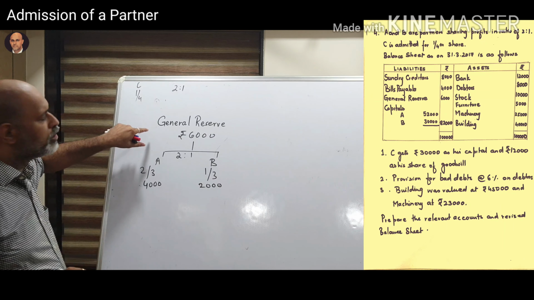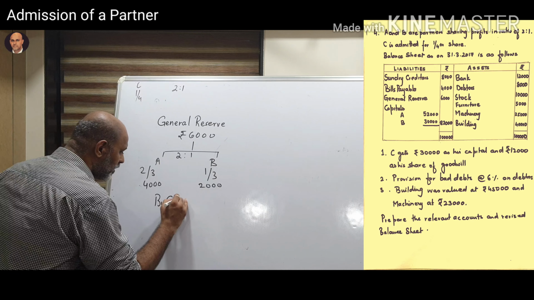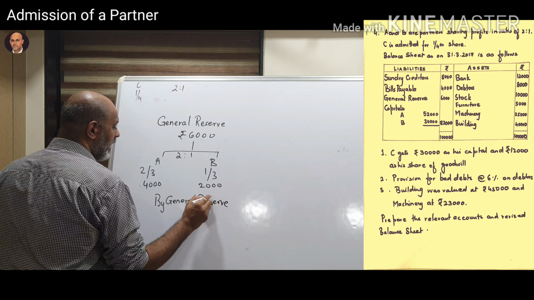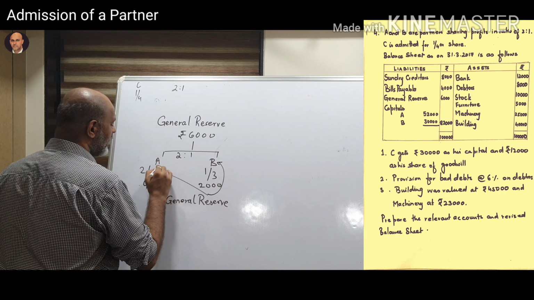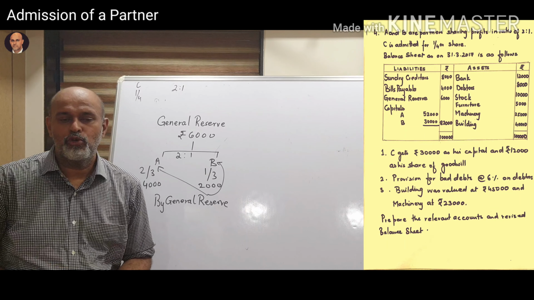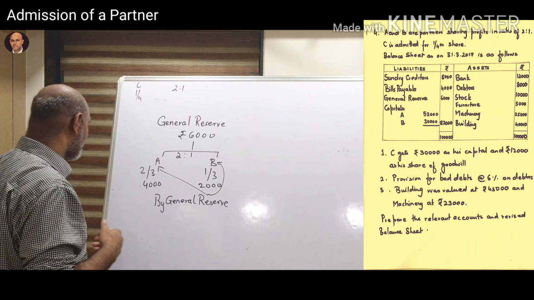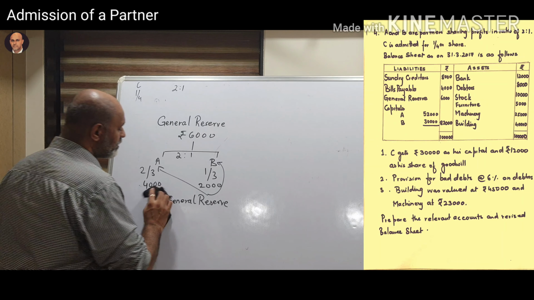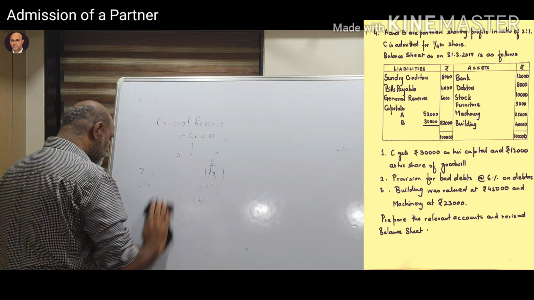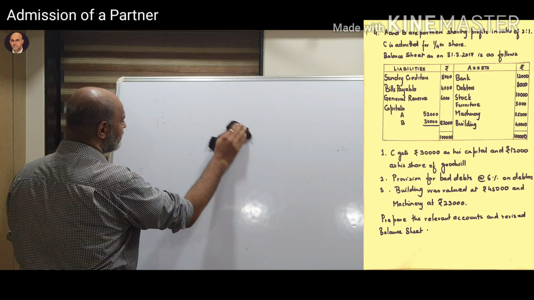Now, this you shall put on the credit side of your partner's capital account as by general reserve, and it will go to the columns of A and B, respectively 4,000 and 2,000. So whatever we had to pick, cut and paste from the balance sheet, that is over. Now we shall have a look at the adjustments. The general reserve is over, putting the balances of partners' capital is over, and also the balance of the bank account, which in this sum was 12,000, even that is over.